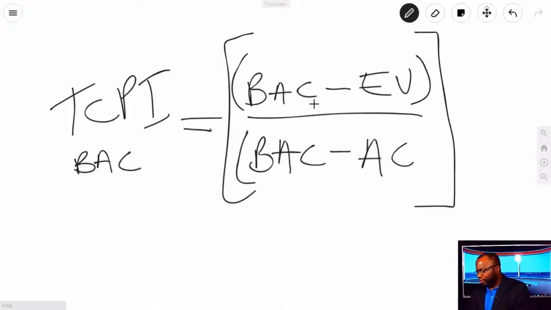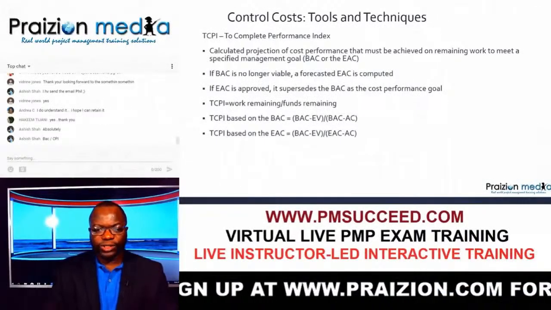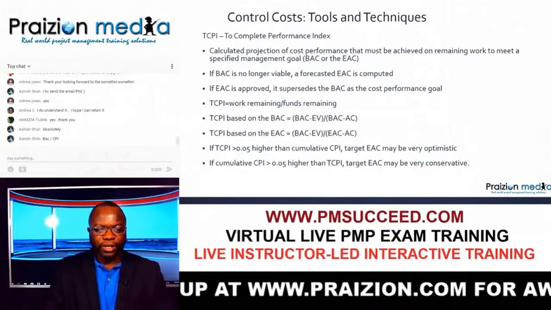The TCPI is going to be budget at completion minus earned value divided by budget at completion minus actual cost. So let's say management does this and they find numbers that show an unsatisfactory performance. They could tell me to come clean and provide additional data or metrics that will help them understand how bad the project is. So let me go to our PowerPoint slides and show you really quickly how this is done. You guys have done well. We're almost at the end and we're going to be rounding up soon.